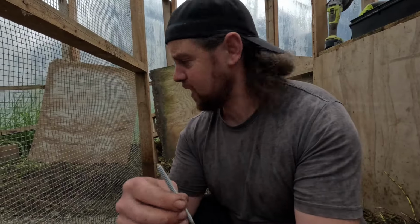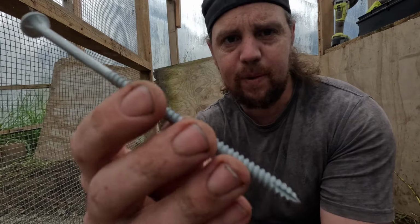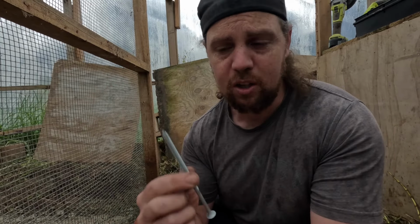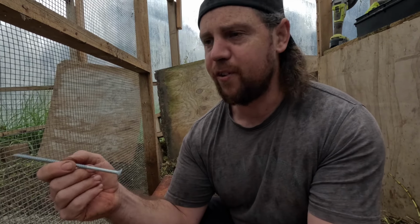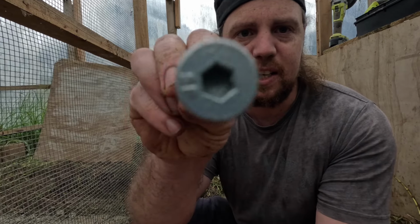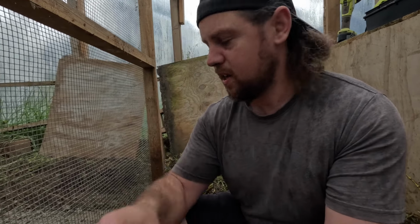So this is not a good start with screwing in this wood. I bought these longer screws, they're like 150 long. The wood is 100 long, so I wanted something to go in before I had 100 more screws. Screwing them a bit further, but I'm going to find later on they're going to snap. But these have got this sort of hexagonal pattern here, and